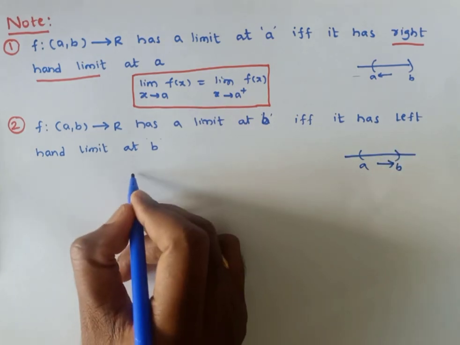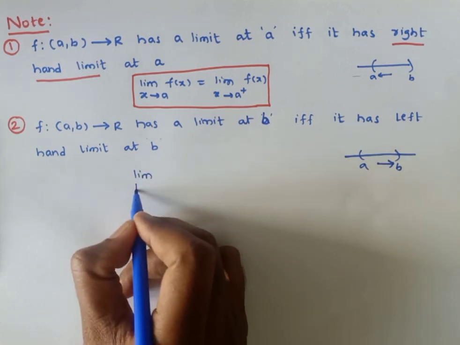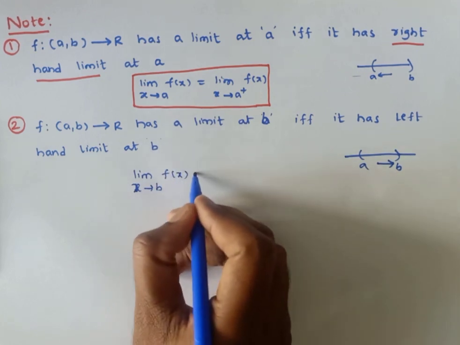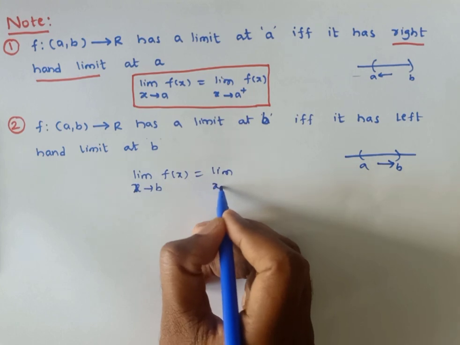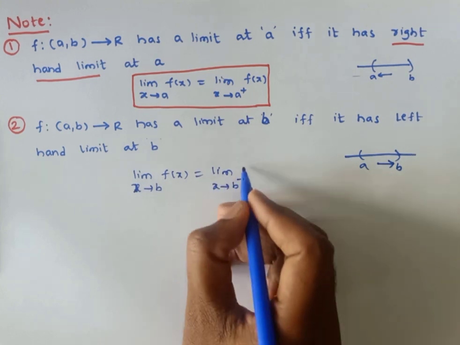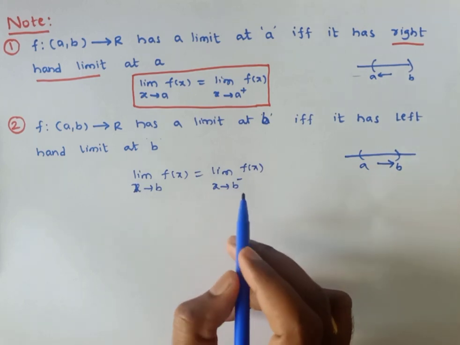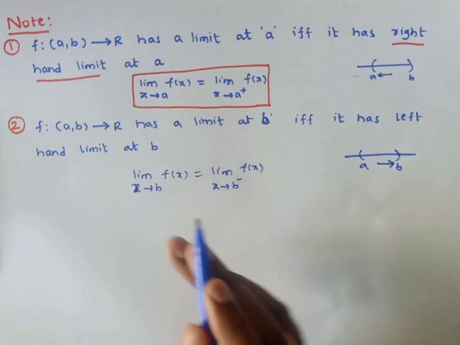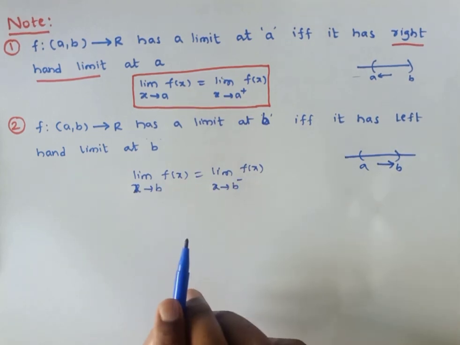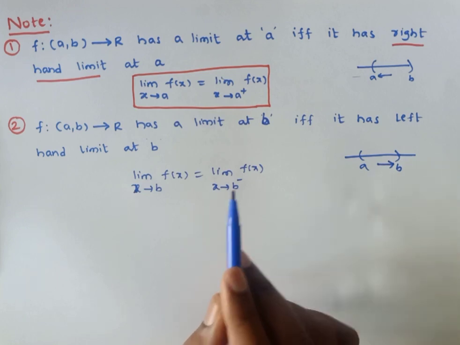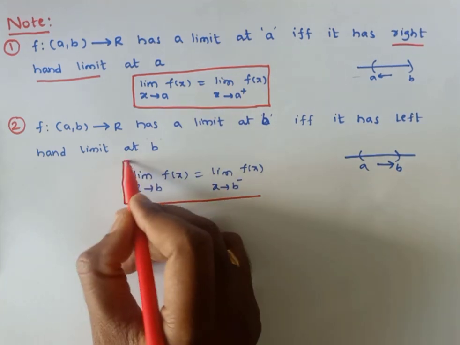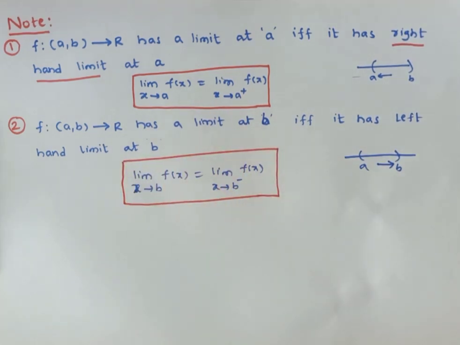So in this case we can express the limit for this function at x equal to b as limit x tends to b f of x, which can be written as limit x tends to b minus. Here what does the minus sign indicate? That indicates the values of x approach b from the left hand side only. The plus and minus here are not arithmetic signs; they are written as powers. Those signs indicate that the values of x approach from the left side or the right side.